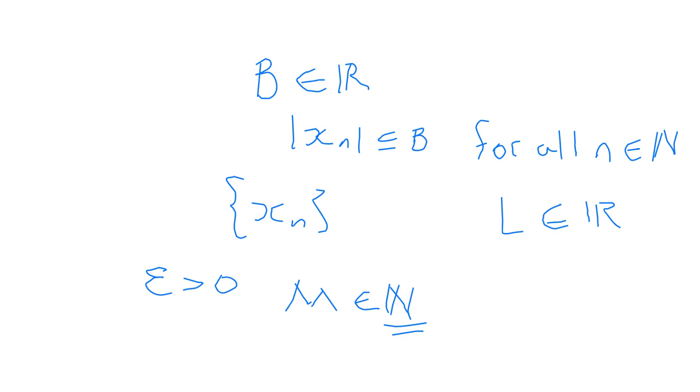So it's capital N right here. There is an M in N such that the absolute value of x sub n minus L is less than epsilon